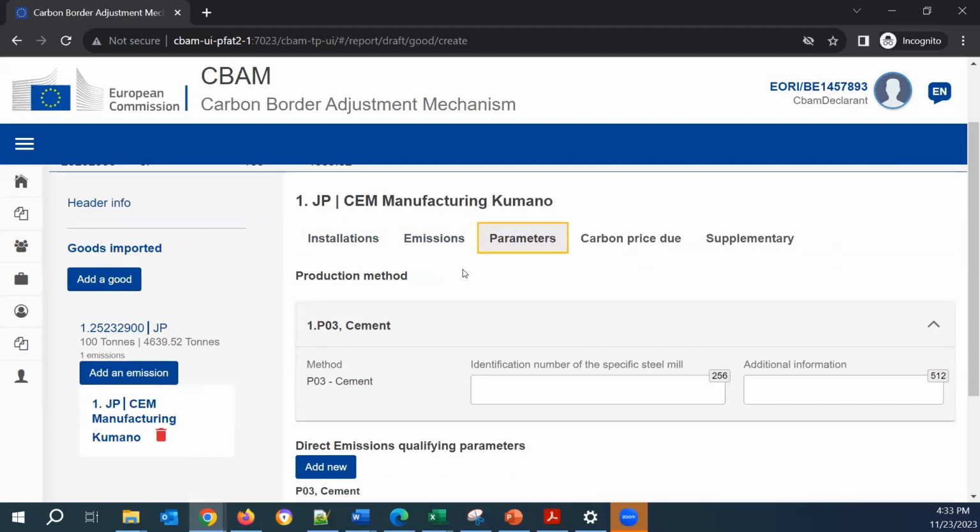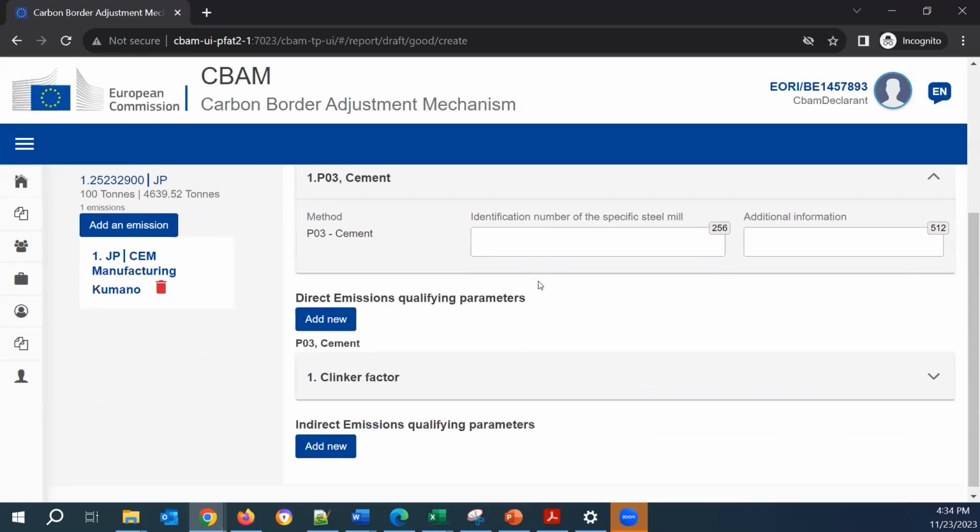These are mapped internally in the CBAM system, and in the parameters tab, they come as pre-filled. The same applies for the emission qualifying parameters. For every CBAM code under a specific production method, we might have direct or indirect emissions qualifying parameters. The recommended ones are pre-filled in our CBAM report.